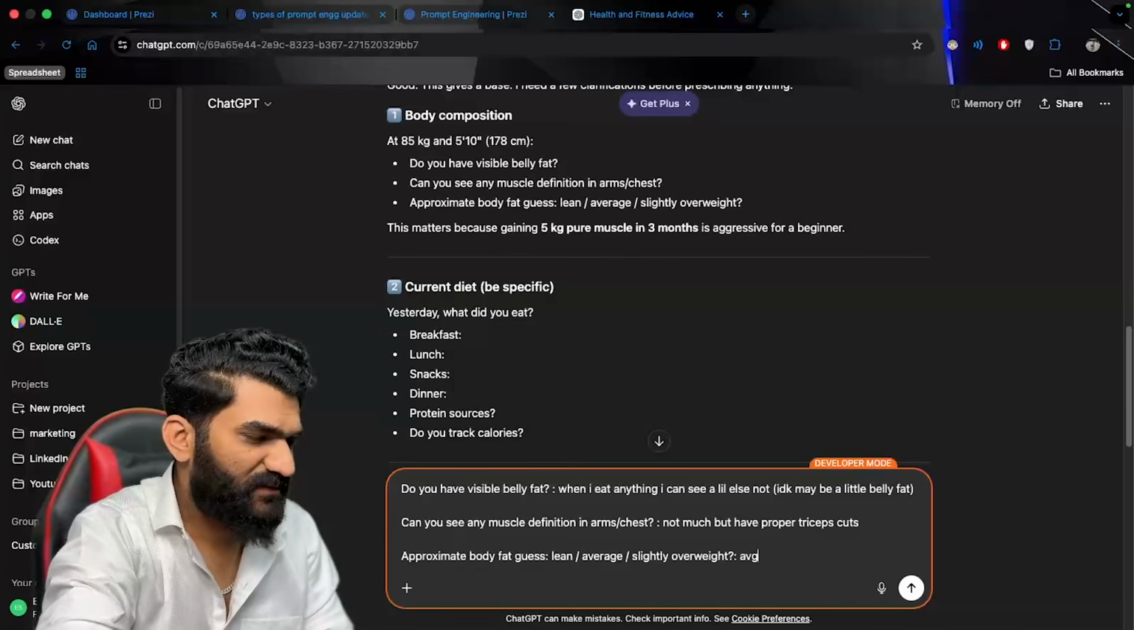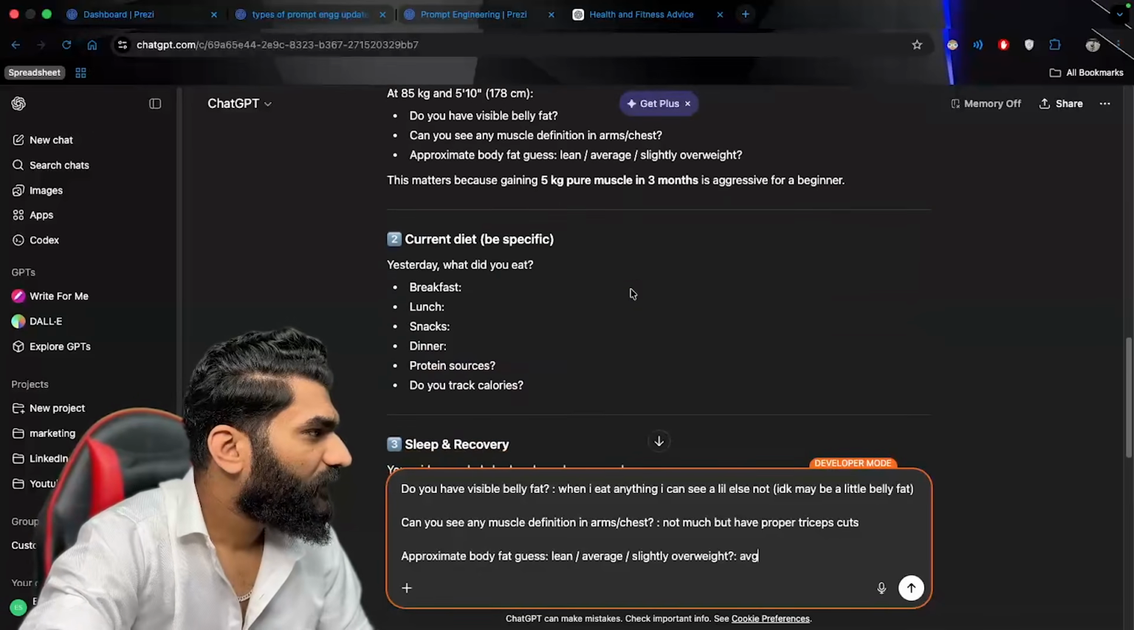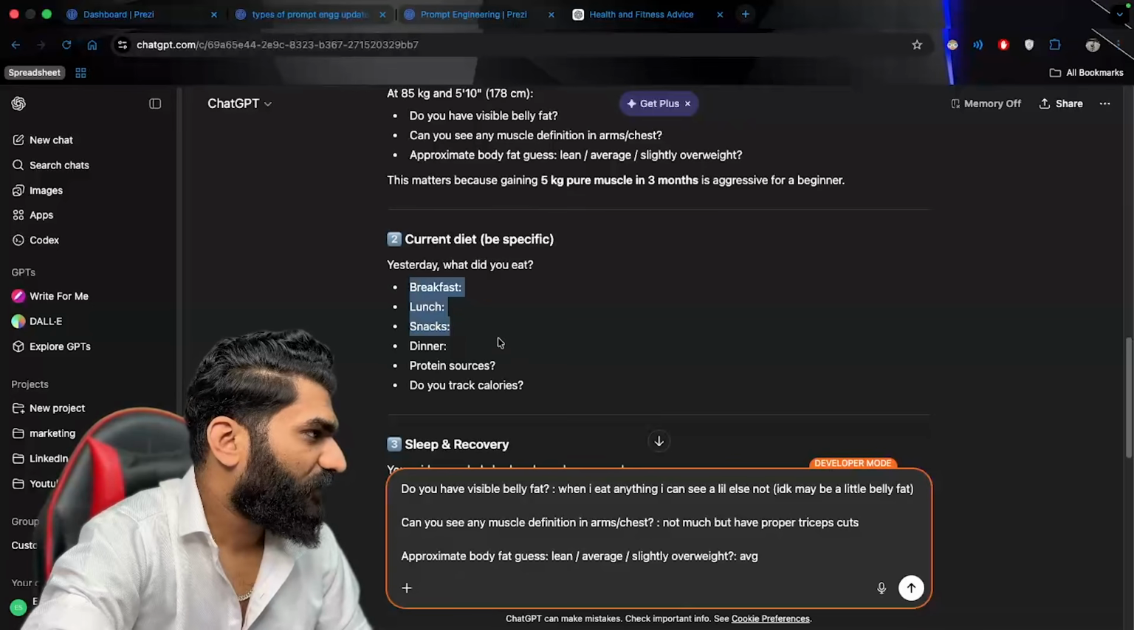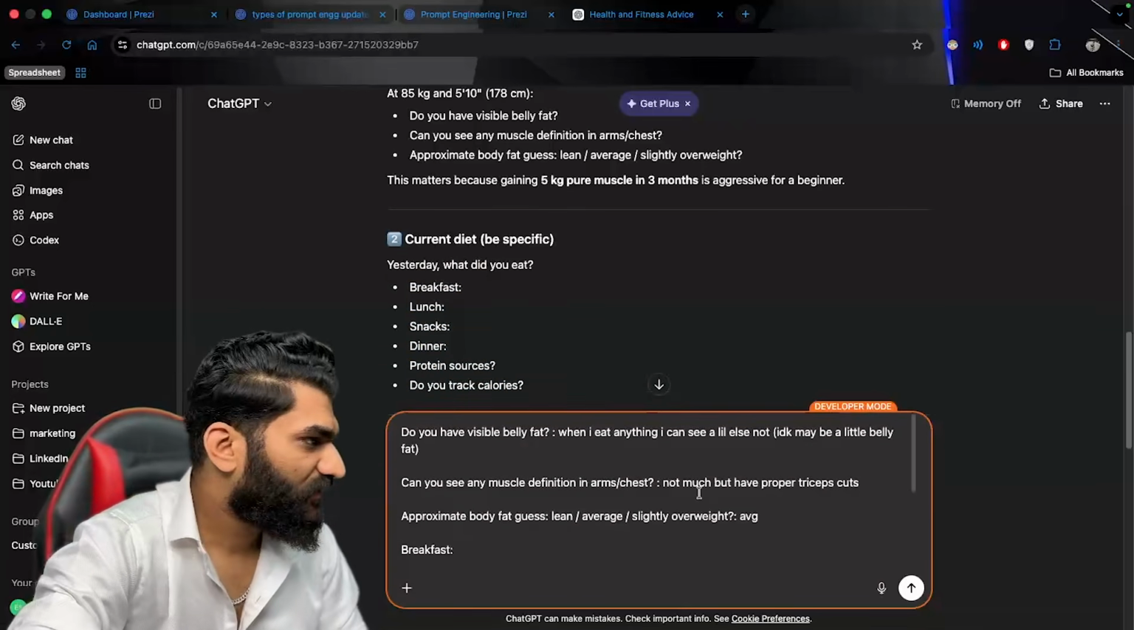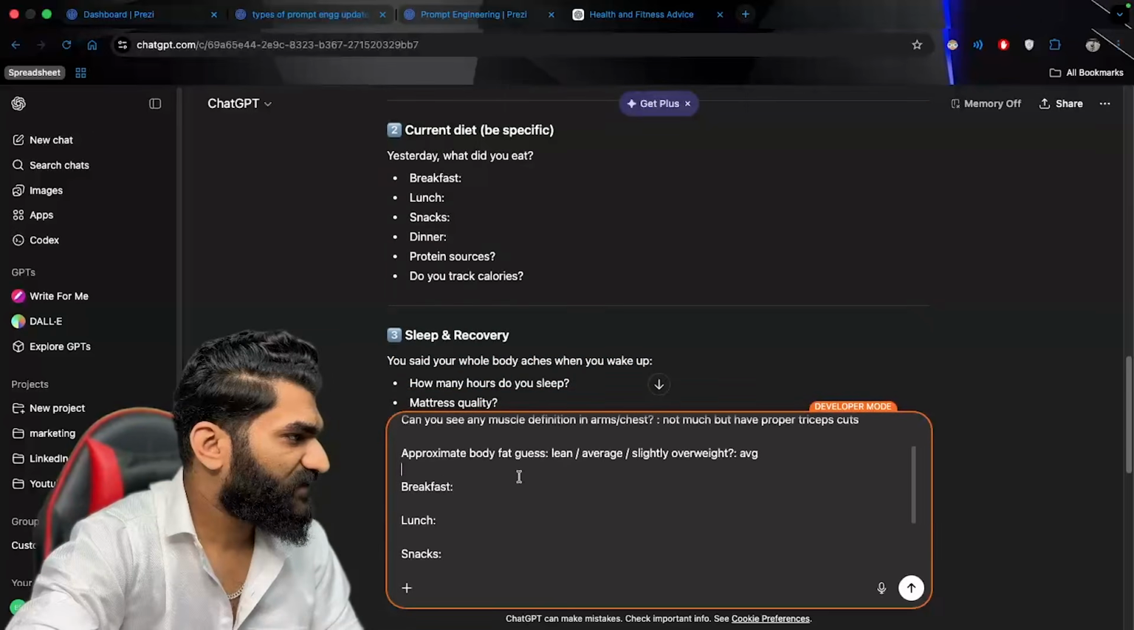Lean average, I guess. Average हूँ मैं. ठीक है. What do you eat? अच्छा. What do you eat, भाई साहब? ये मुझे कैसे पता होगा दोस्त? ब्रेकफास्ट का तो आई नो, ब्रेकफास्ट में आई ईट